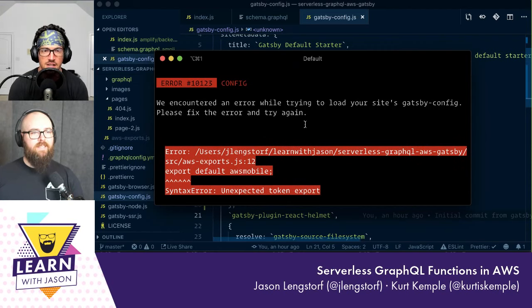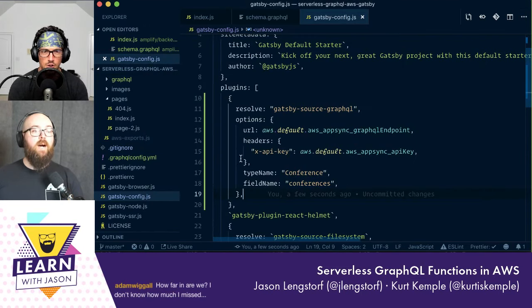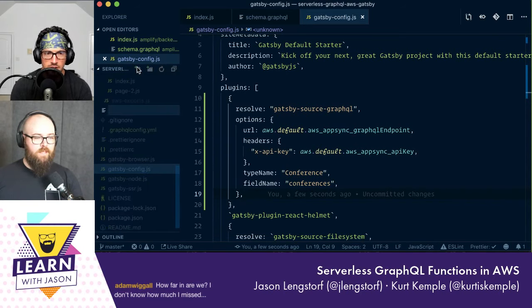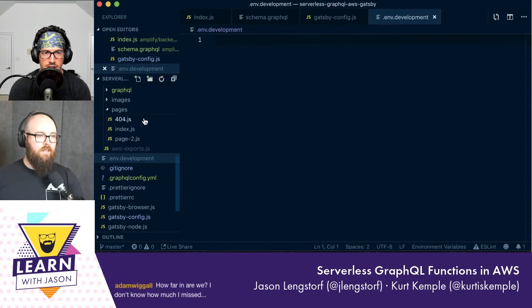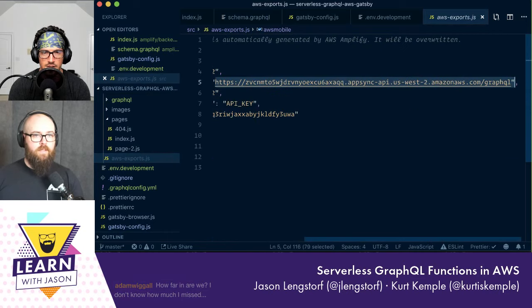Unexpected token. Oh, don't be like that. I bet they're mixing the exports. This is the Gatsby 101. Okay, so fine, we'll put it in. I would just copy the environment variables out, maybe. Yeah. In .env.development, we're gonna go in here and get the endpoint,